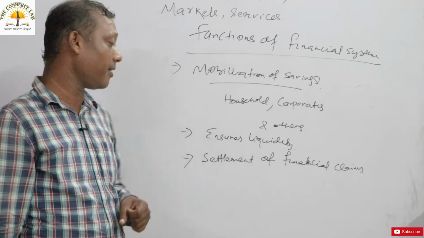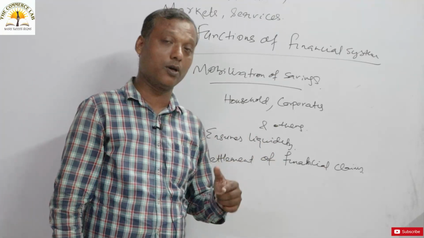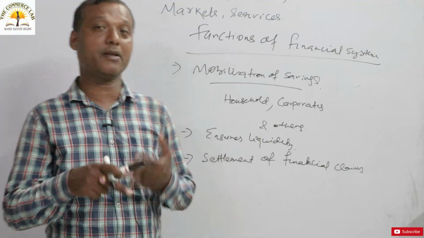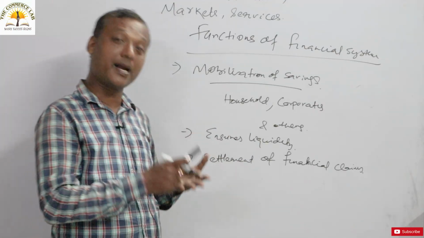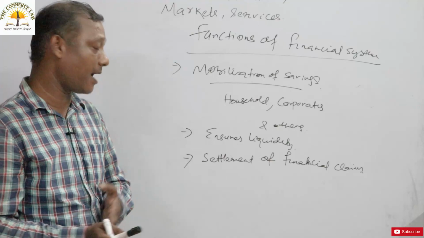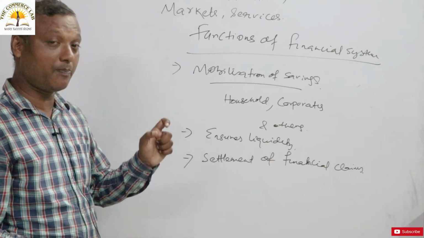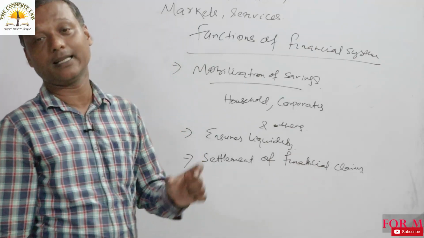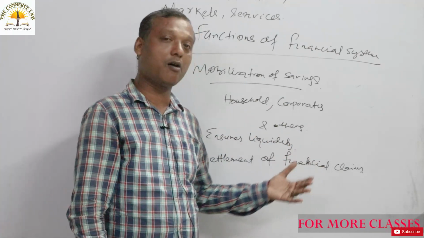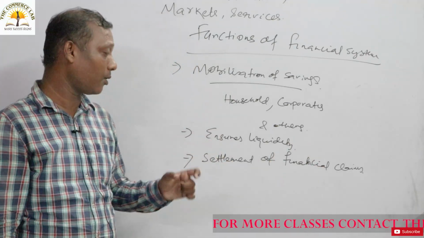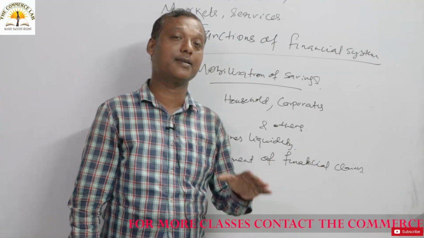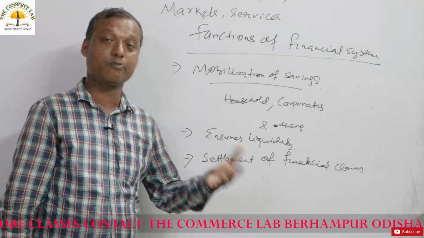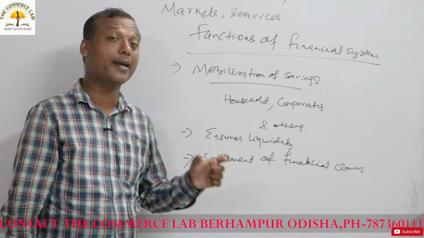Here you have to understand that money is playing an important role in settlement of financial transactions. After the invention of money, what was before money? Before money there was the barter system. But after the invention of money, money plays an important role in settlement of financial claims or transactions. It may be somehow delayed, it may be quick, but money plays an important role in settlement of various financial transactions or claims. Nowadays, we are living in a modern advanced monetary system, a modern banking system.